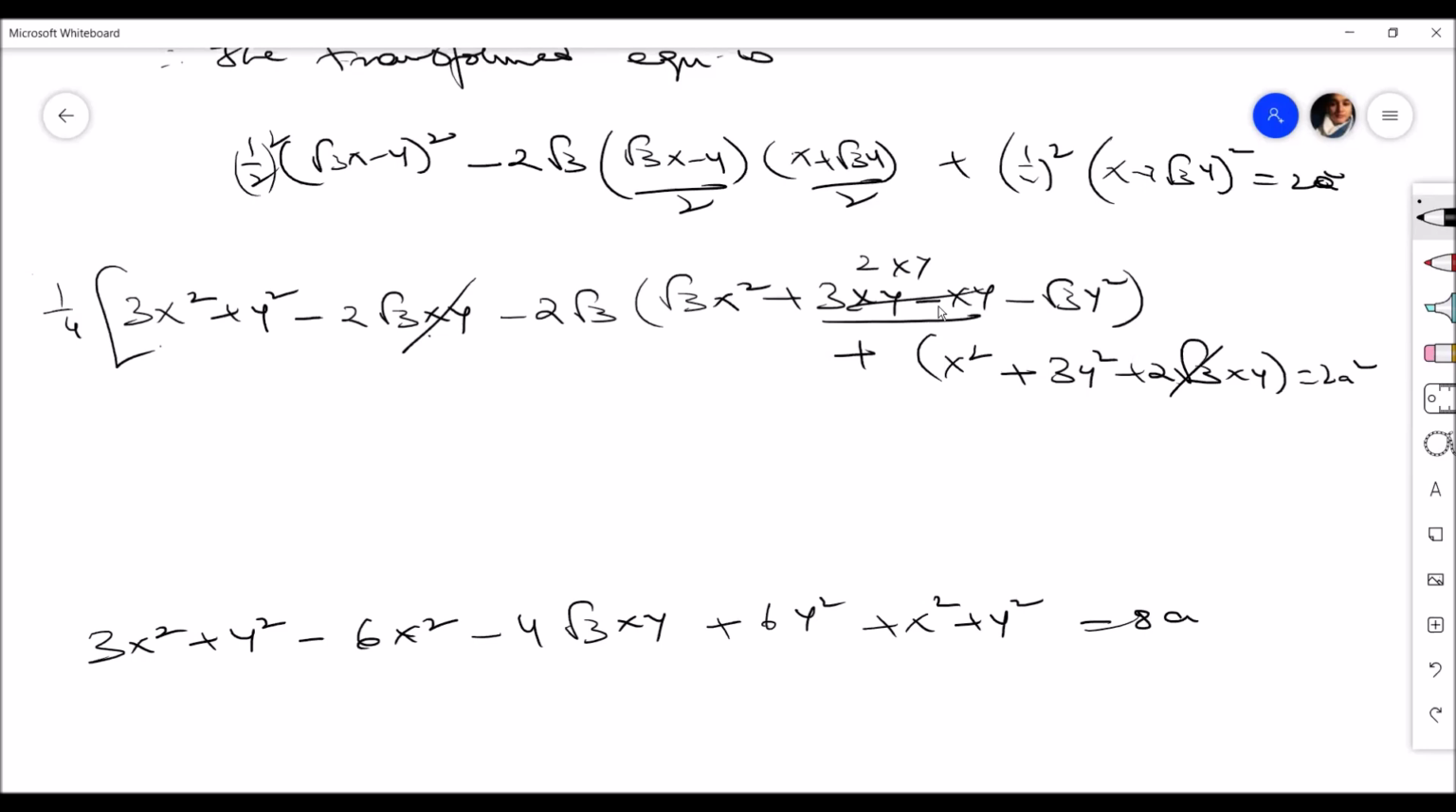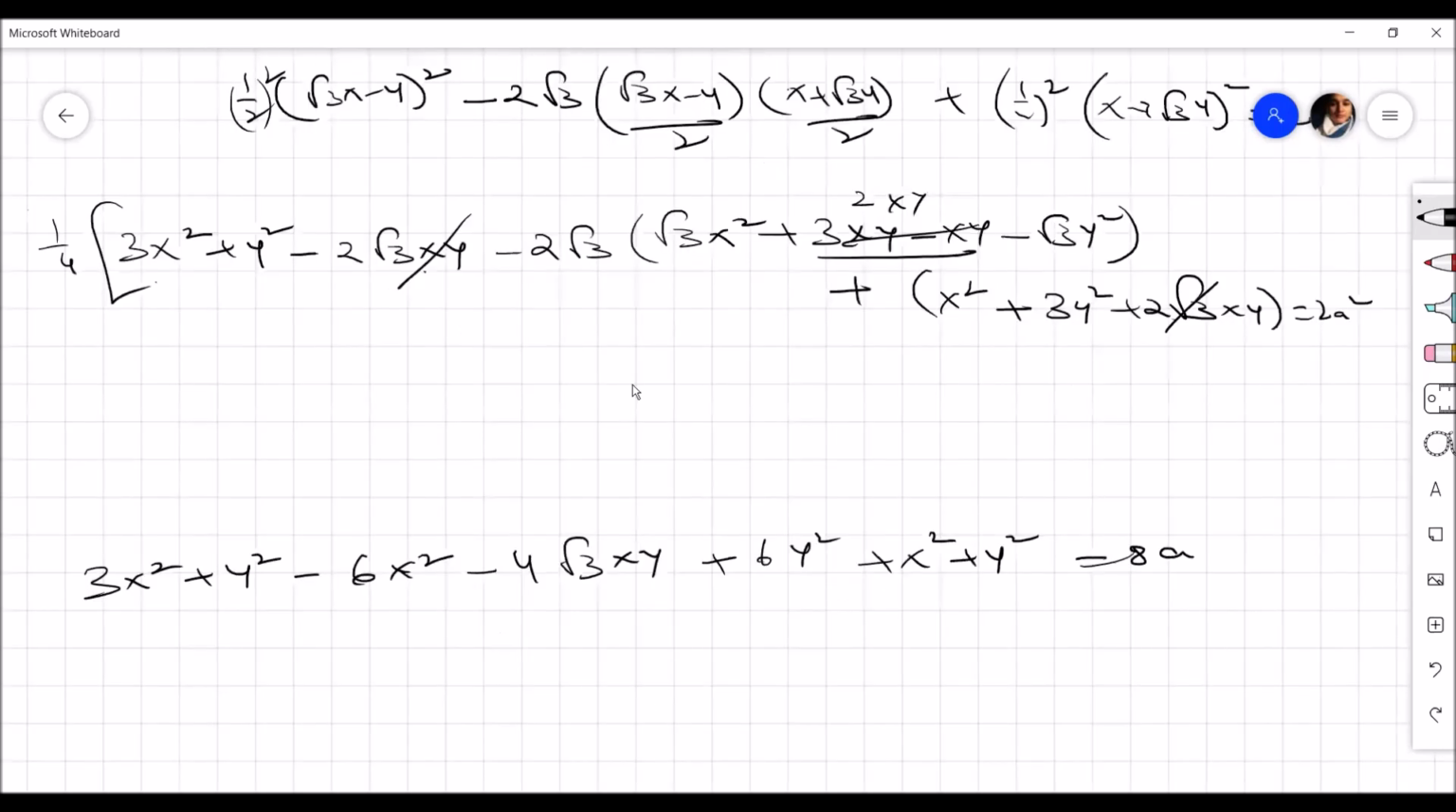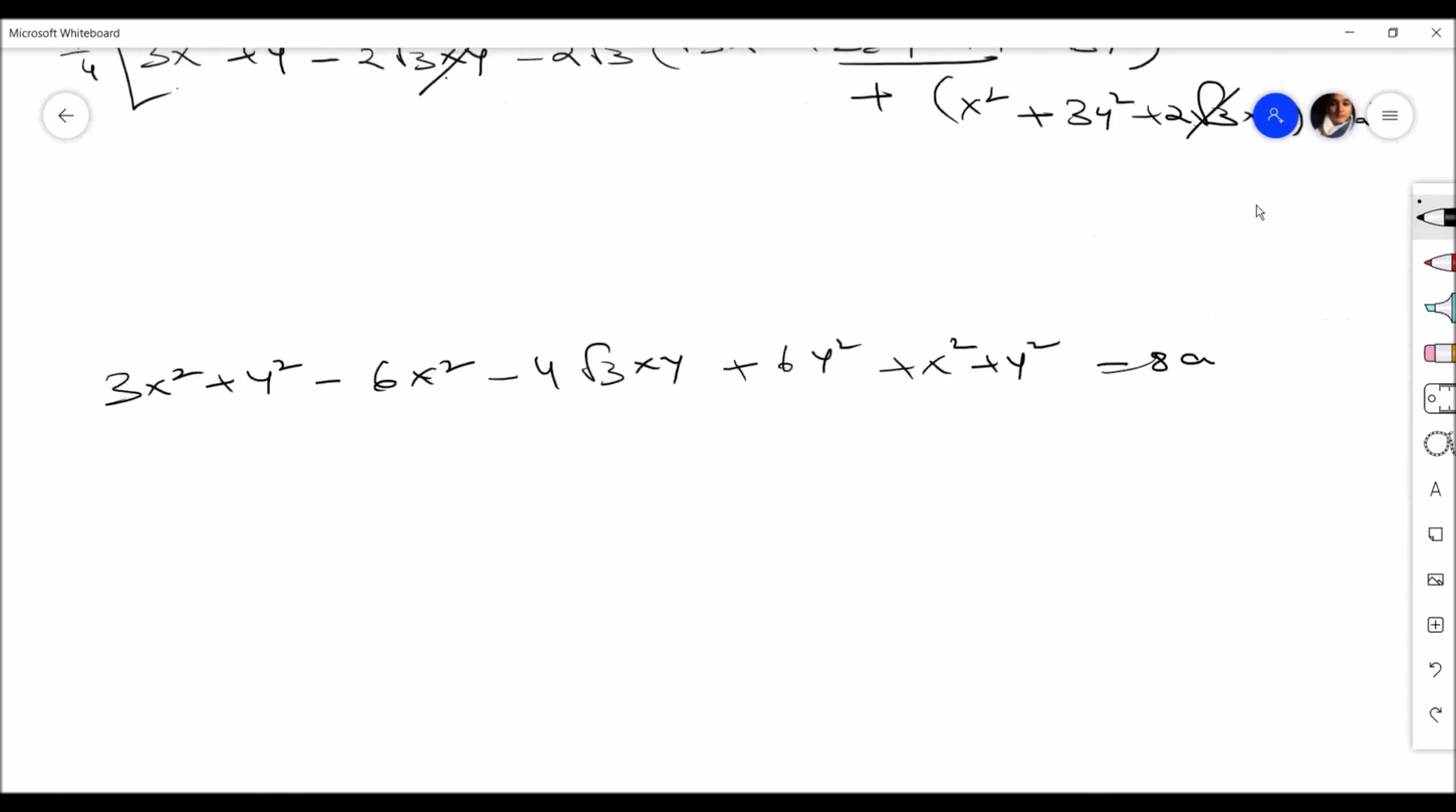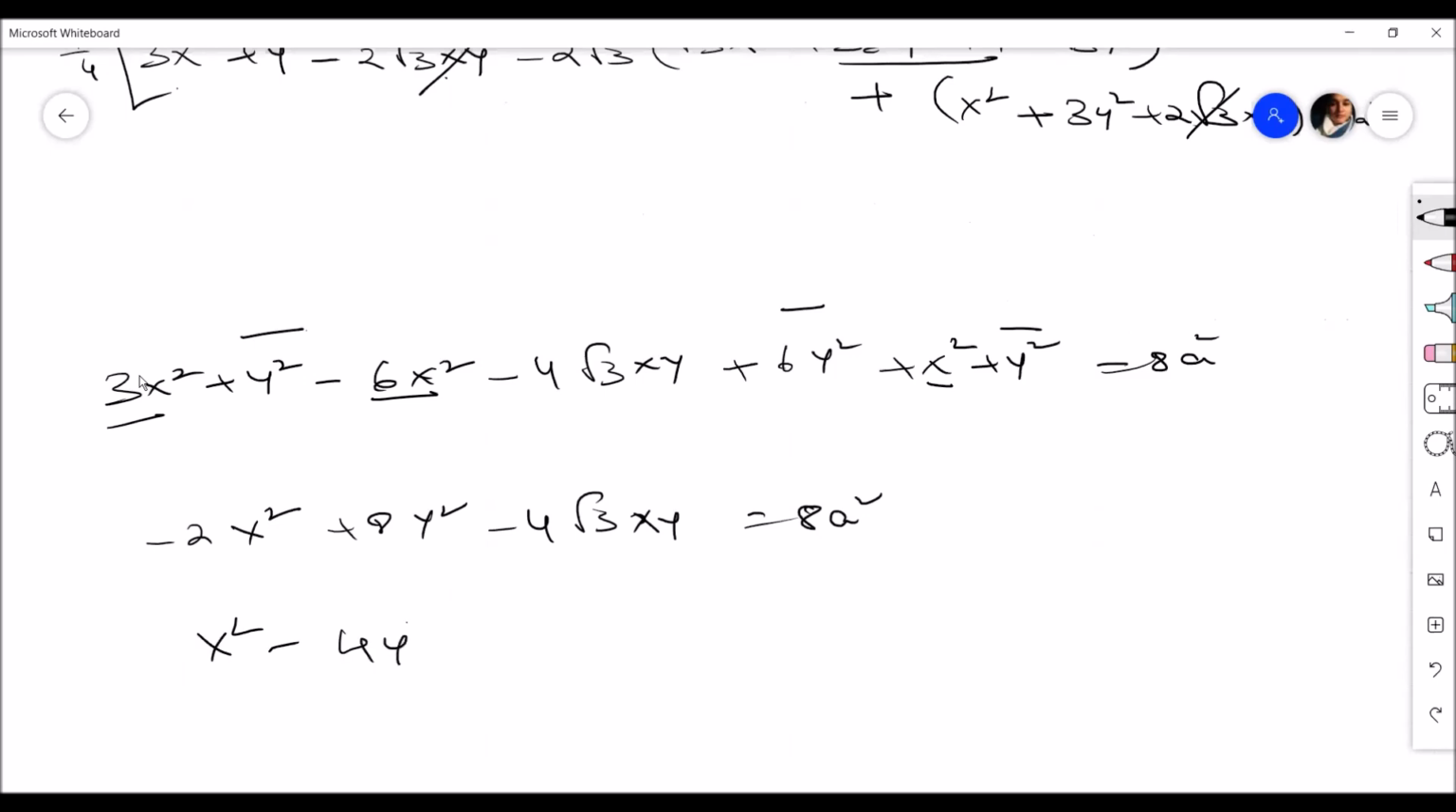Any doubts, anyone? So now I can easily simplify the terms to get 3x square minus 6x square plus x square is nothing but minus 2x square. y square plus 6y square plus y square is nothing but plus 8y square minus 4 root 3 xy is equal to 8a square. You may want to rearrange it. In fact, 2 gets cancelled, and minus also can be taken out common. So x square minus 4y square,